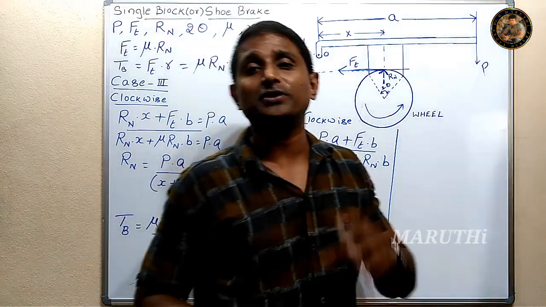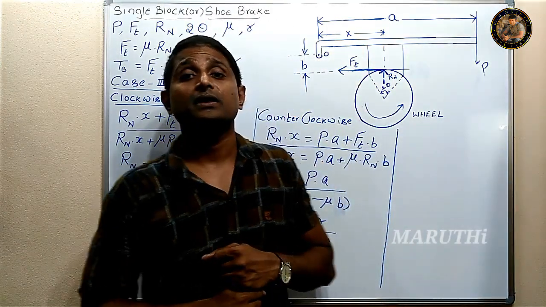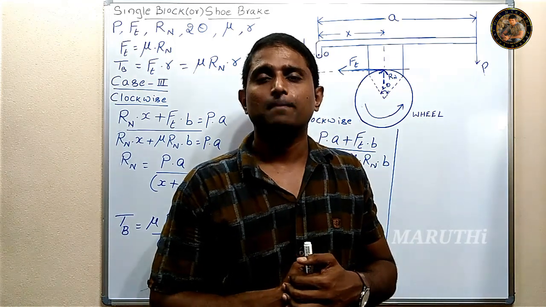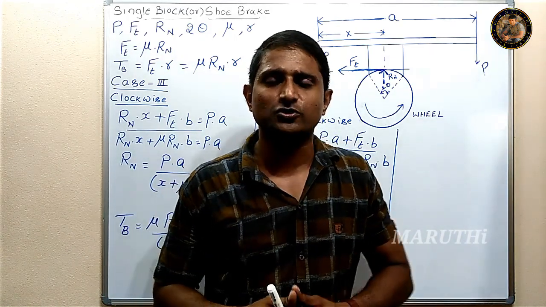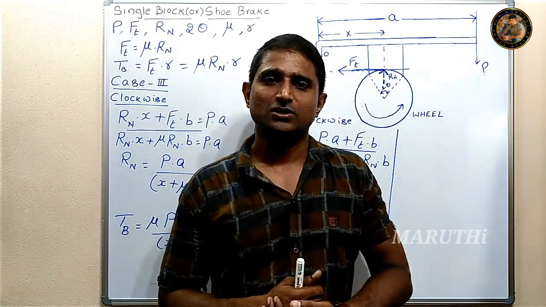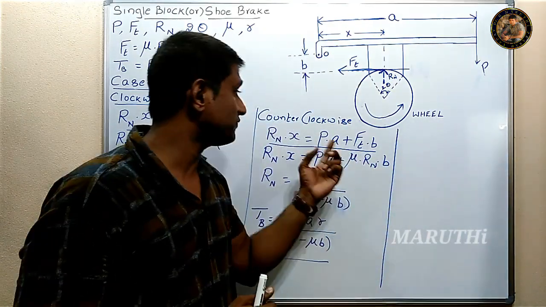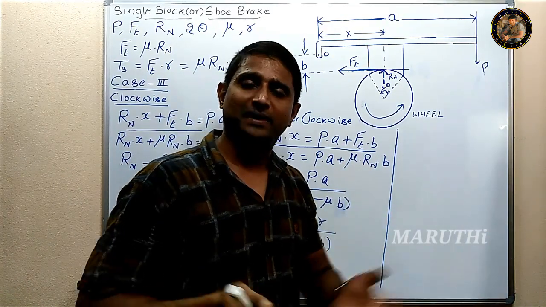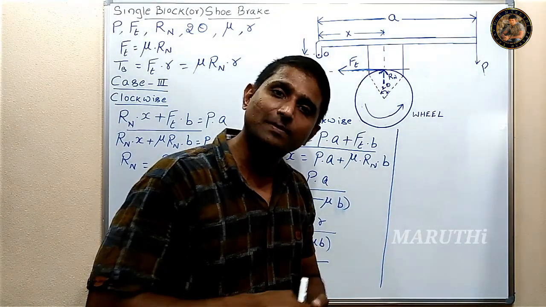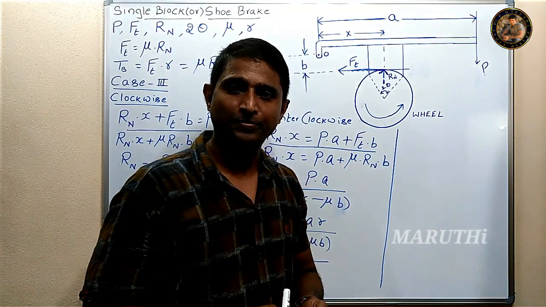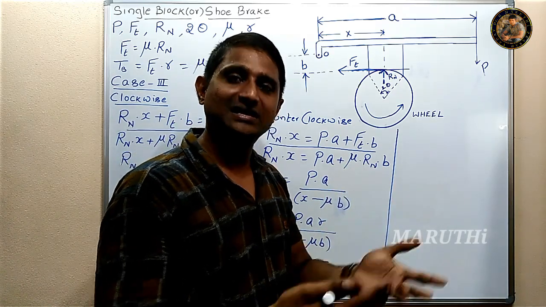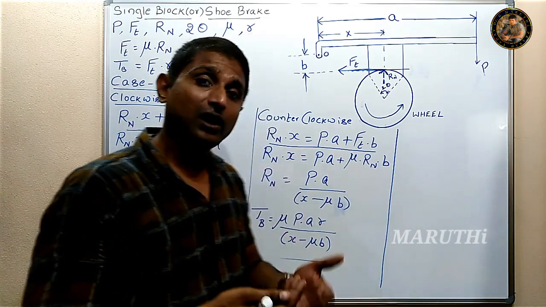There's one more important term called self-locking brakes. Let me tell you what is meant by self-locking brakes. It doesn't need any external force. Only with the assistance of frictional force, the brakes can be applied. So how is it possible? See, the external force is P, meaning no need of P. Without P, the friction force itself is sufficient to apply the brakes to stop the moving machine member. In that case, P should be 0 or maybe less than 0, a negative value. How is it possible?